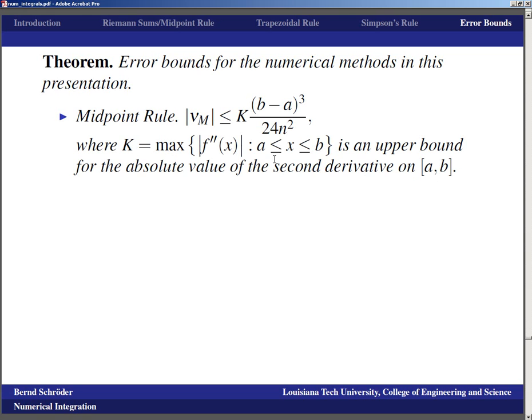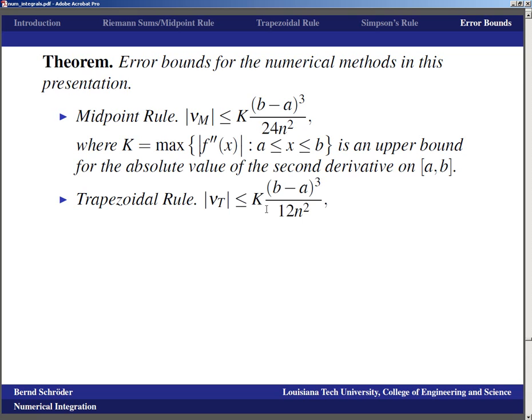So apparently somehow the more curvature your function has, the more it resists the numerical approximation of its integral with the midpoint rule. We're going to discuss that part a little bit more pictorially, because what we're seeing also here now is for